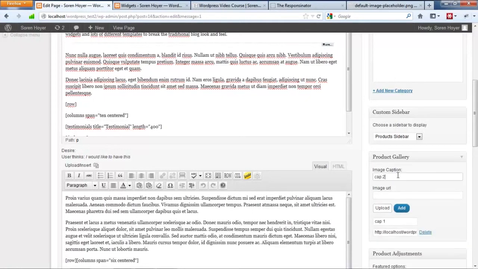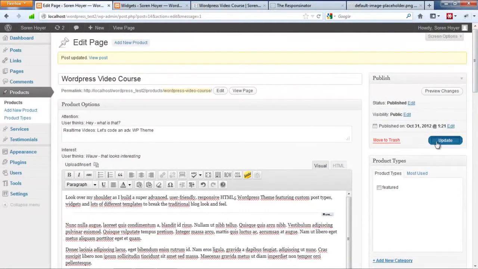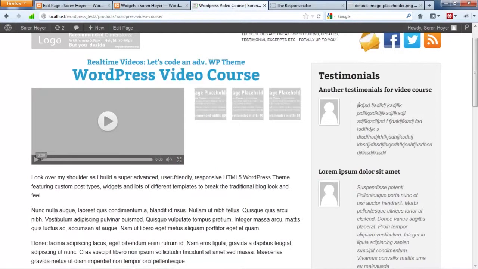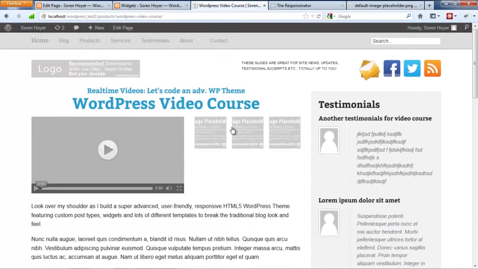If you add a caption for your image and an image URL, let's just add one more. And if you then click update, and if you've chosen to show the featured image or video for that matter, this is how it looks.